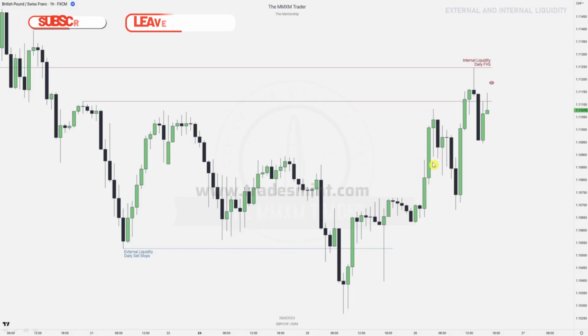Where are we going next? Back to internal, right? Fair value gap down here. And then we're going to go for external again, which is this daily fair value gap. So we went to external on a 1